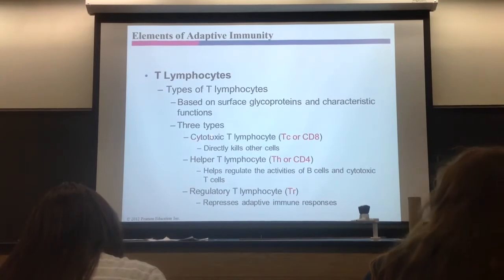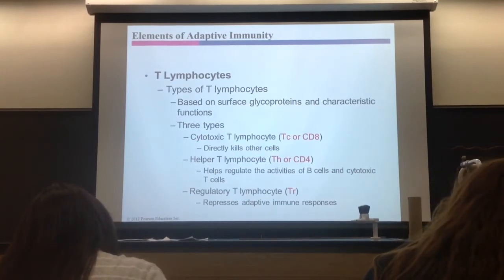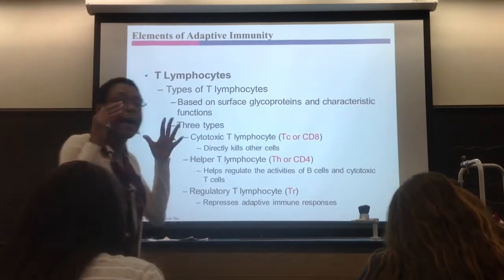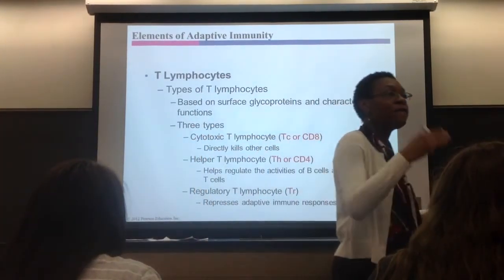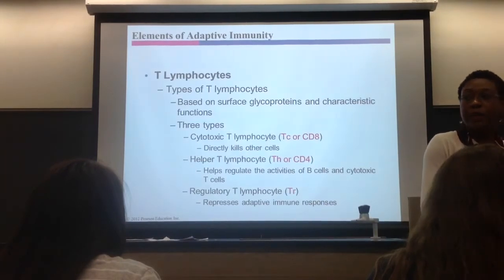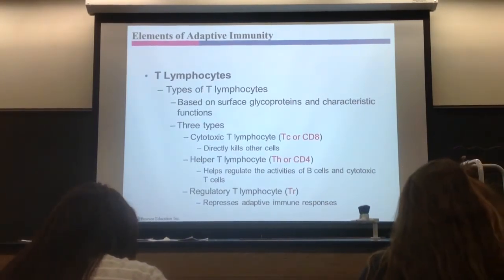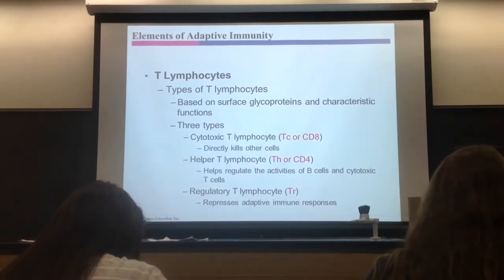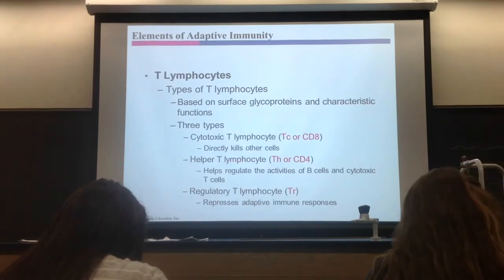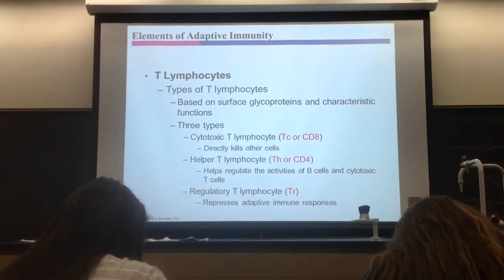Now, they are cytotoxic. Cyto means cell, toxic means kill. They kill cells. So these are the T cells that actually take out cells that are infected with the virus or cells that are cancerous, okay? They take them out. They kill, literally. Now, the commander of the whole army is the T helper one, or CD4,